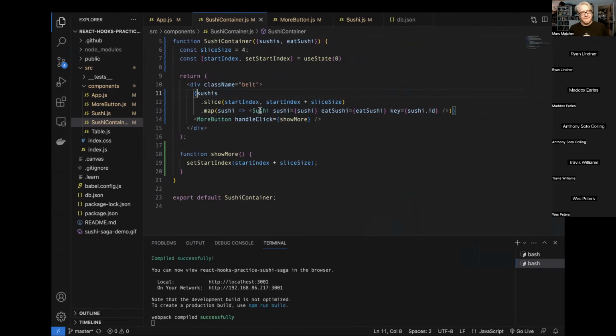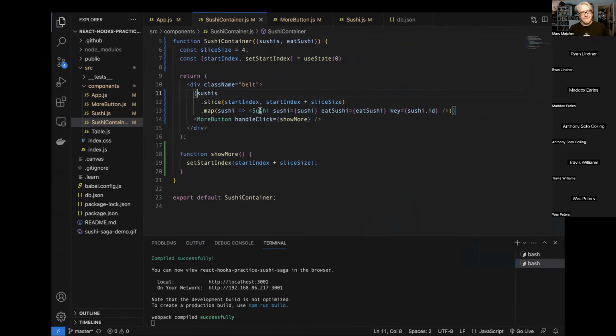So that's something to be careful about. But yeah, so our budget, and we have our sushi price or cost price. So we can say, let's do both things at once. If our budget minus the sushi price